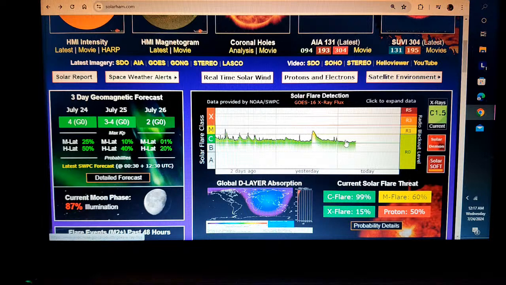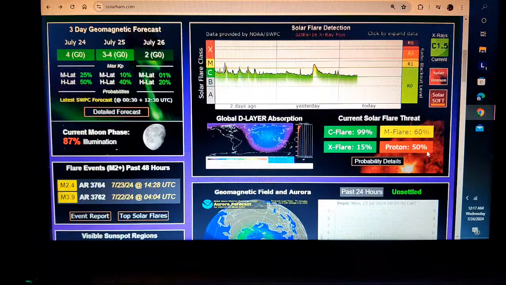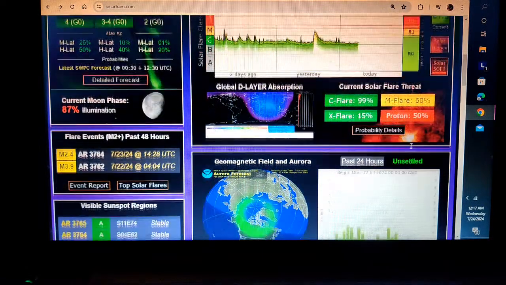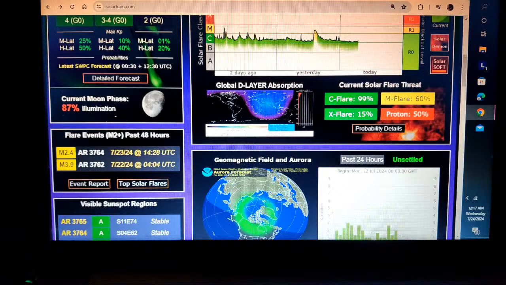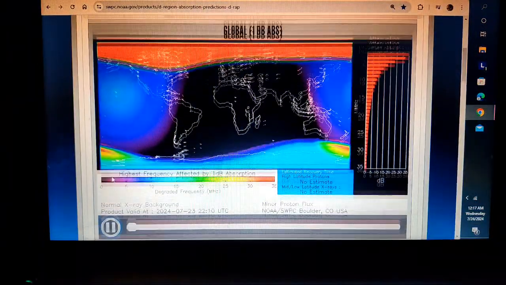It's been pretty smooth since. There's not really much to look at, so we're not going to take a peek at that. We're going to continue on. Meanwhile, our proton event is dwindling in its strength. And in fact, let's just go ahead and do our delayer region real quick here.